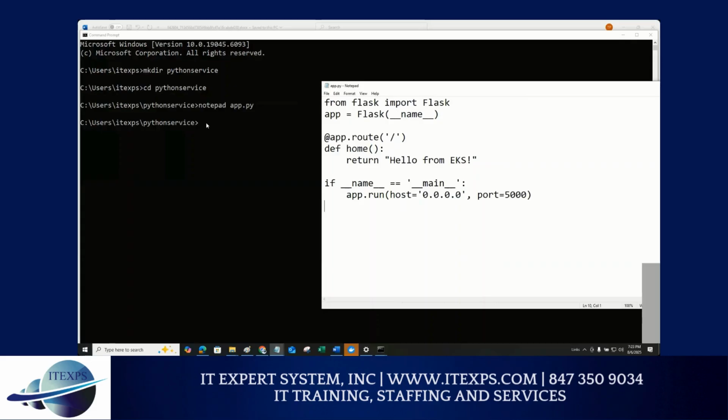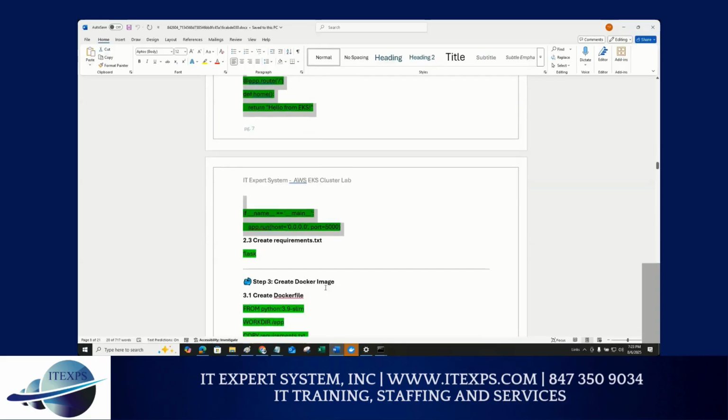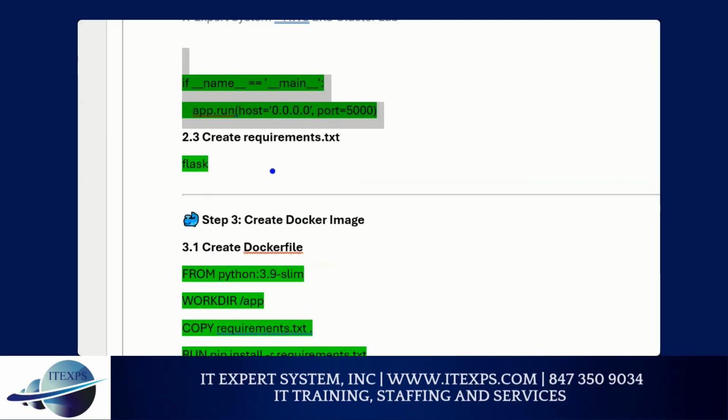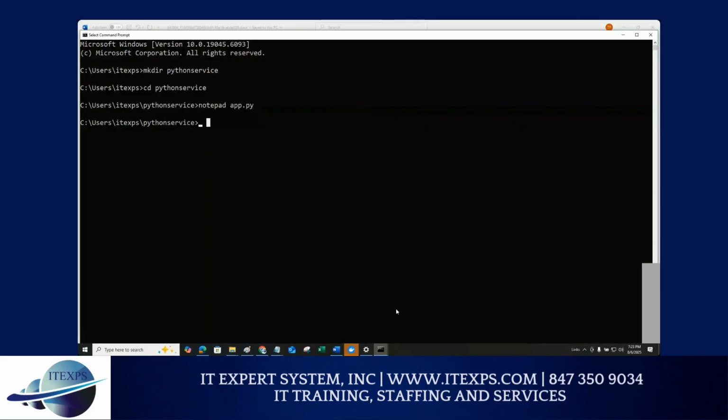Now go back to prompt wherever you were. Now we are going to create a second file. If you see here, it does say requirements.txt, and we'll write Flask. So go here and we're going to say notepad